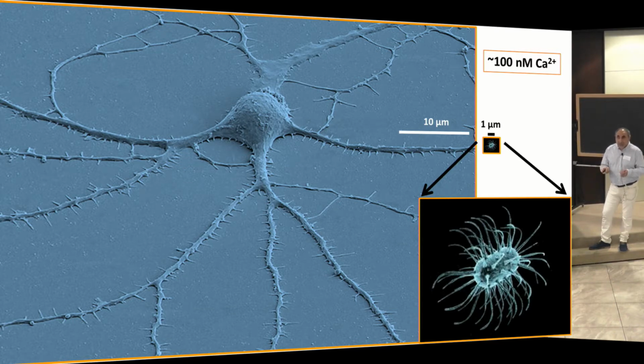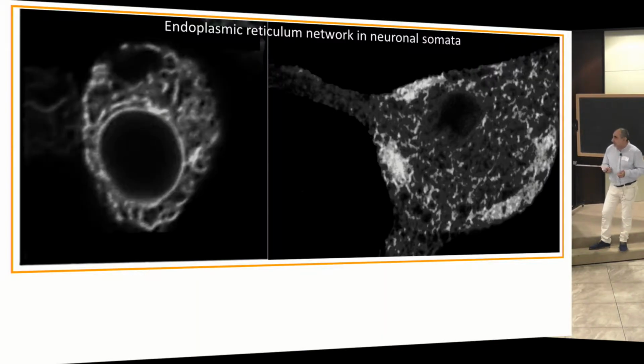For example, sodium must also be controlled, but sodium in a neuron is 15 millimolar, only 10 times lower than extracellular, for example, in seawater. But for calcium, it's about 1 million times difference. It's very hard. So definitely the origination of the endoplasmic reticulum was not to become a complicated organelle with all these additional functions of calcium signaling.